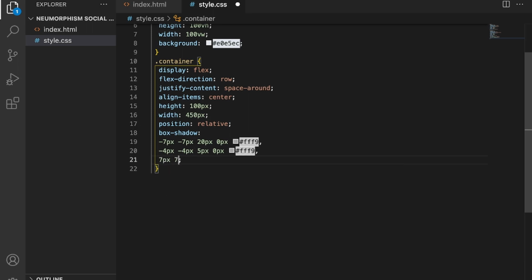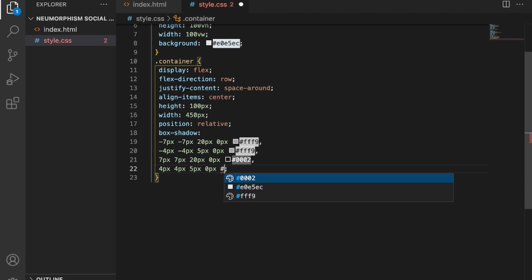Again 7 pixel, 7 pixel, 20 pixel, 0 pixel, hashtag 0002, 4 pixel, 4 pixel, 5 pixel, 0 pixel, hashtag 0001.